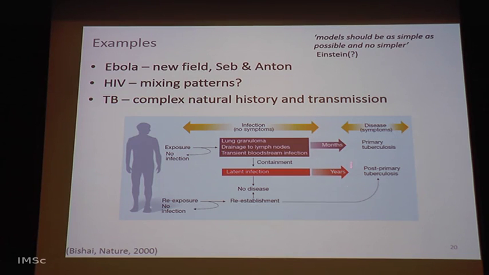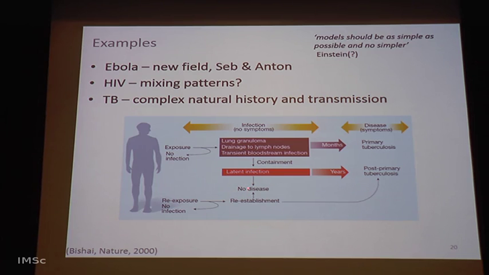So on this side, we have the disease states, and in the middle, we have infection. Once they become infected, they can either progress rapidly, or they can progress to latent infections. This is asymptomatic infection. And then potentially over a period of years, they can progress to post-primary TB. So they've not been reinfected, it's just their latent disease reactivating. Or there's a potential that over their lifetime, even though they've been infected, they never actually end up getting